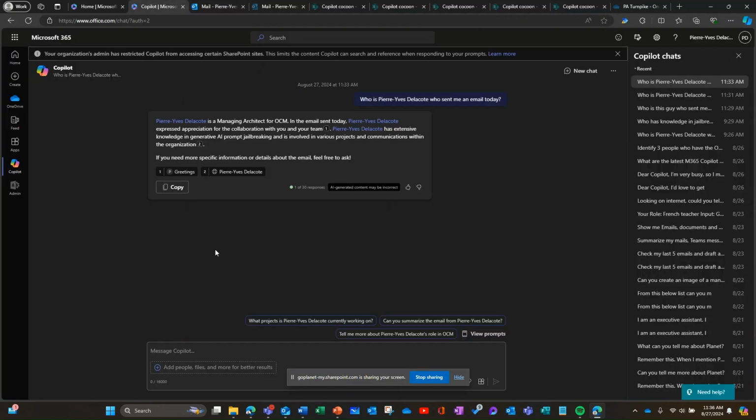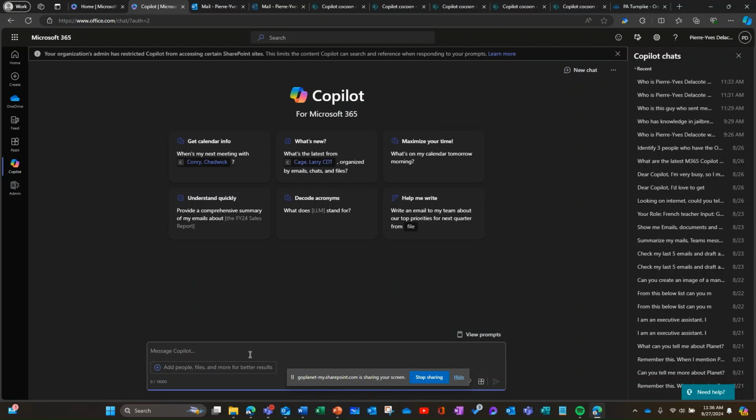My second advice is, and I'm not going to show you the result here, try this prompt to figure out if there's some oversharing in your environment. Can you find any documents or information that include the word password? You'll be surprised that maybe you're going to find your own passwords, probably if you store them in your OneDrive, for example, but you might also find passwords from other people who shared a OneDrive folder, but forgot about it, and maybe stored something there.